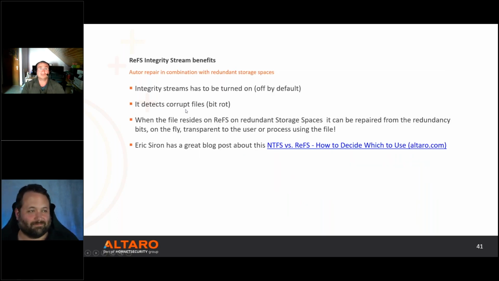Now, the integrity streams for the auto repair, it's off by default because it has some performance overhead, but for the right use case, you turn them on. And the right use case is archiving long-term storage backups. And if it's running on redundant storage spaces, a mirror, for example, it can actually grab the redundant copy